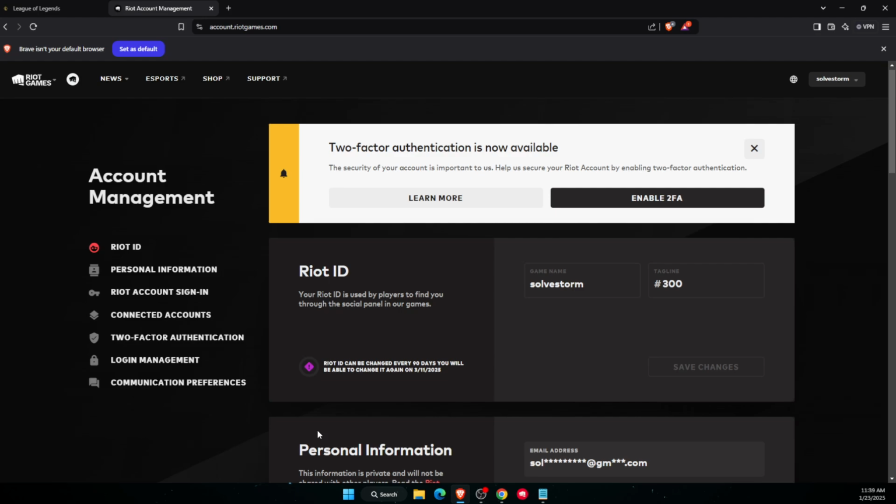Now here you will scroll down and see at the bottom personal information, and you will see your email address. All you need to do is write down your new email address, just like so, and that's pretty much what you need to do. After that, you're gonna click save and